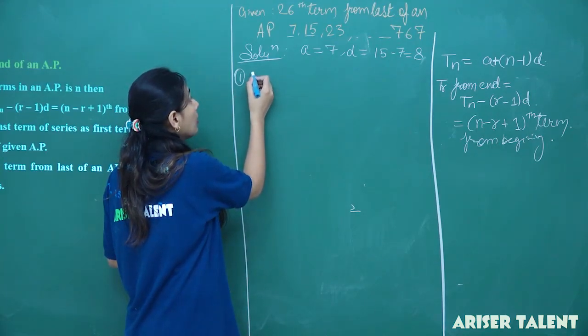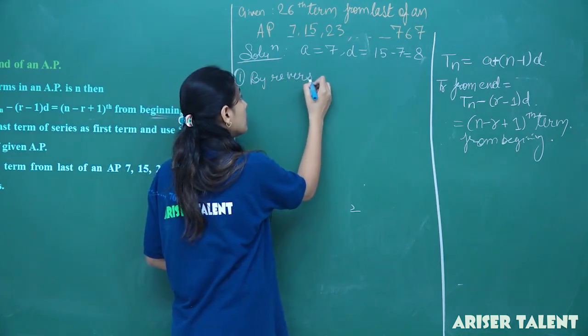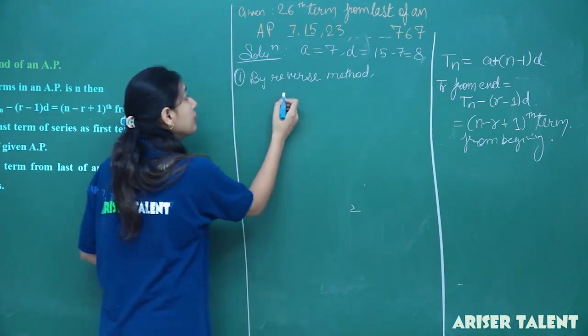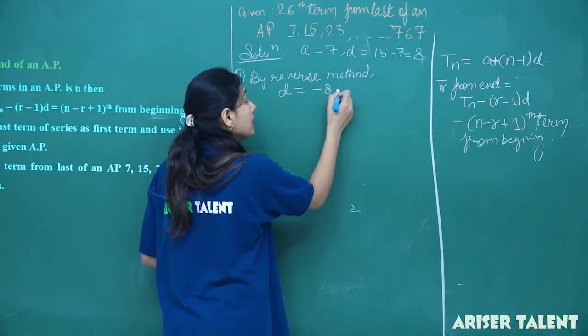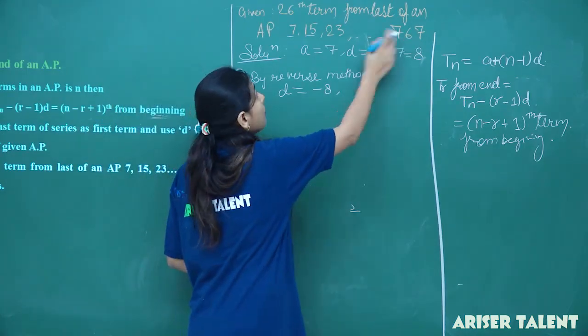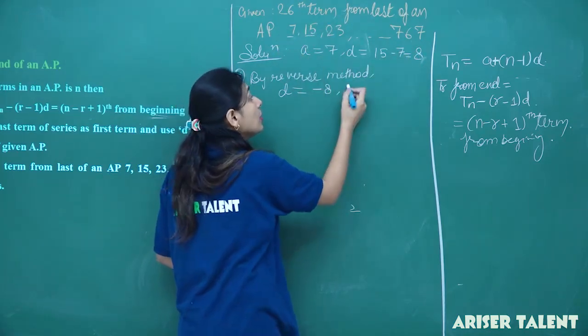So, by the reverse method, how will I solve it? The difference will become what? Not 8 but minus 8. The first term will become the last term. So the first term is this, so it will become the last term. Now the last term will become the first term. So it will become